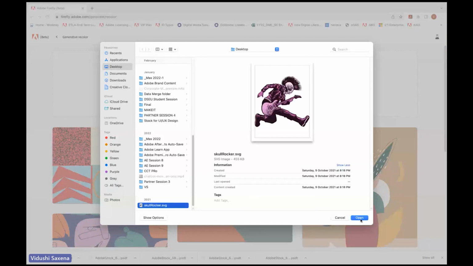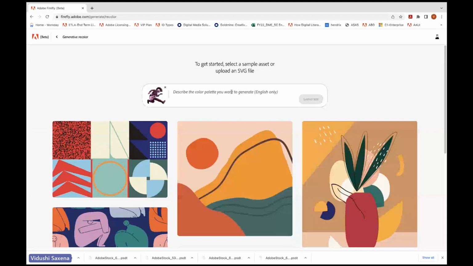So I've got this image file. Let's see. I'm looking forward to your responses in the chat, guys. I'm hoping you guys are as excited as I am. I got really excited when I saw all of these generative AI capabilities, and I thought that these would really make simpler the work that we as designers do and spend our time on, so that could help us save our time and save us from the redundant work that we do. But while people are typing in their prompts, I'll just put in something which is